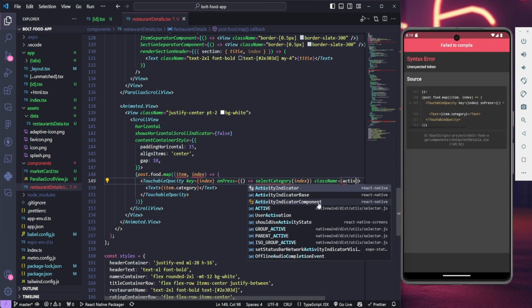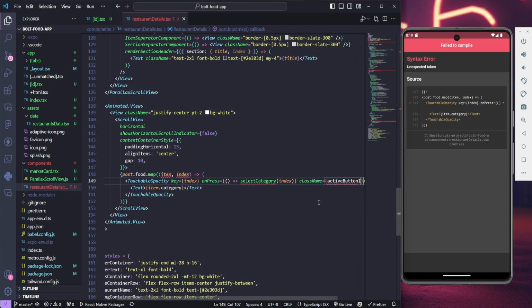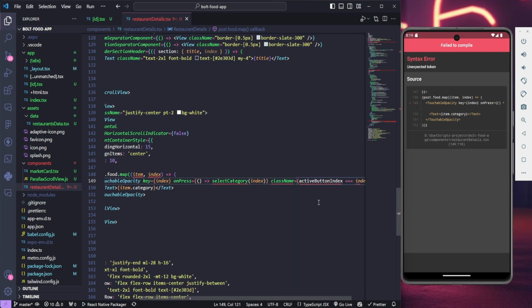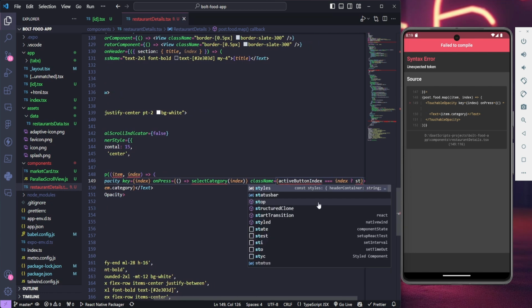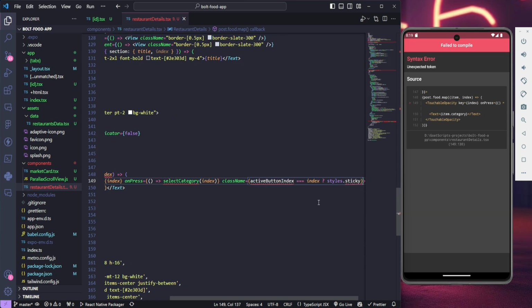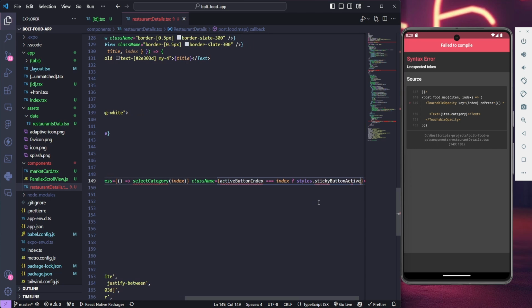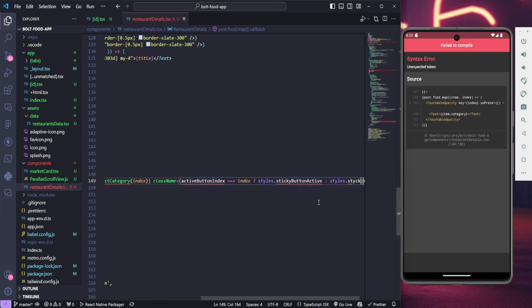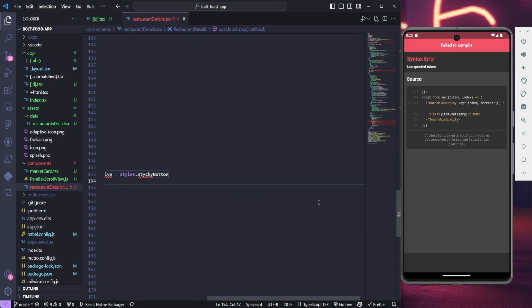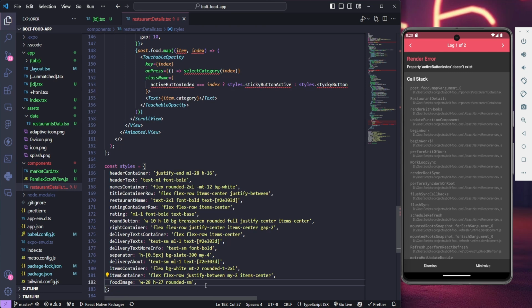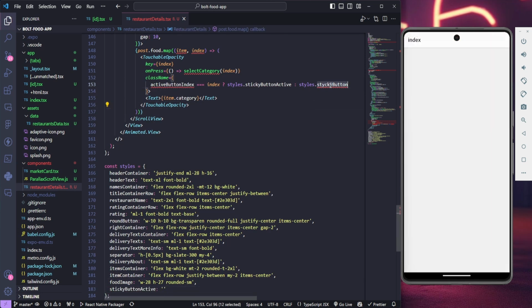We need active button index equals to index, otherwise styles.sticky button active or styles.sticky button. So let's take this tile, this header,